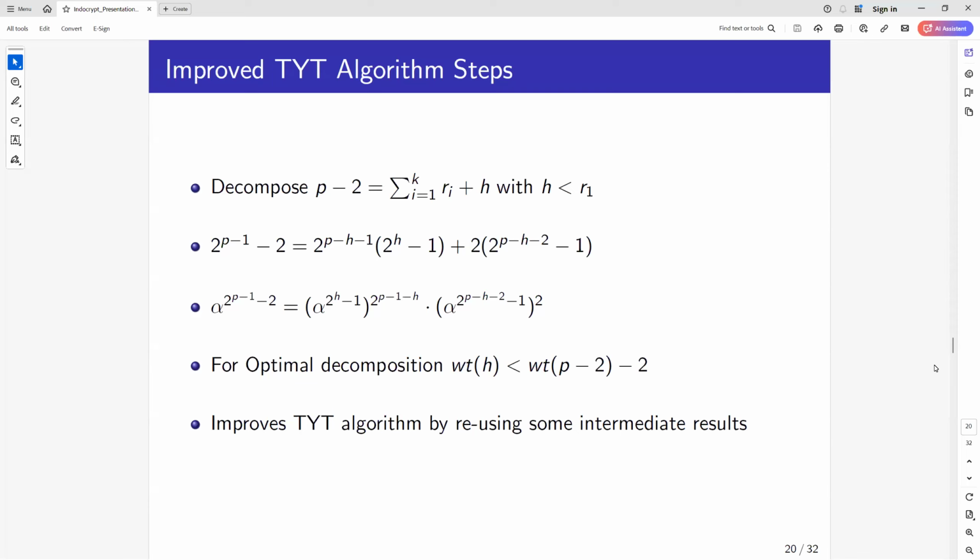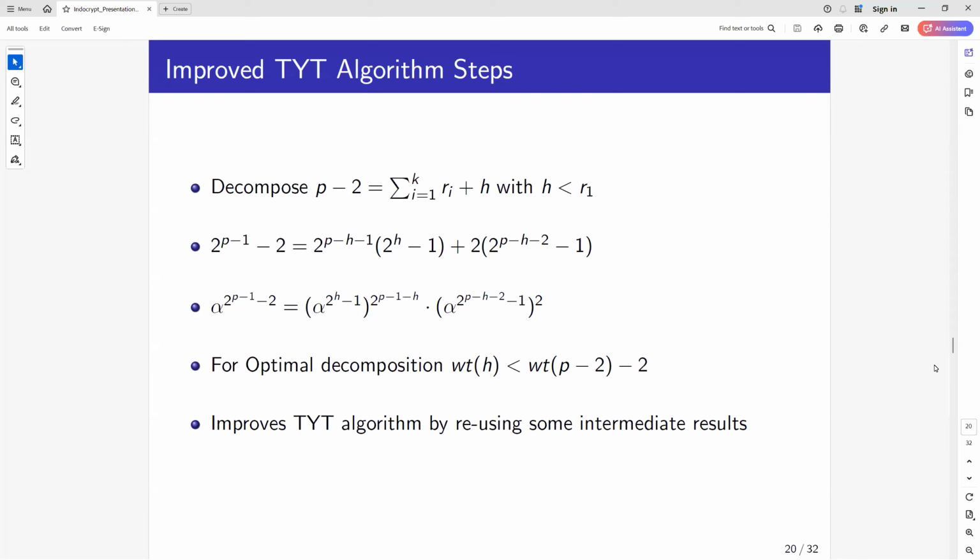Okay, and it's a sum or product, sorry. Yeah, it should be a product of Ri plus H. So with H less than R1, and then 2 power 2 power p minus 1 minus 2 is factored as it was before. So for the optimal choice, the weight of H has to be less than weight of p minus 2 minus